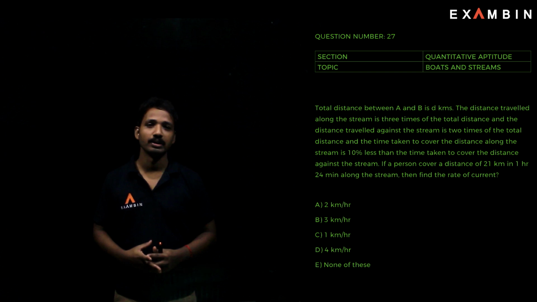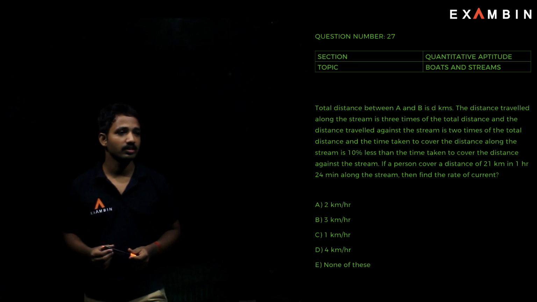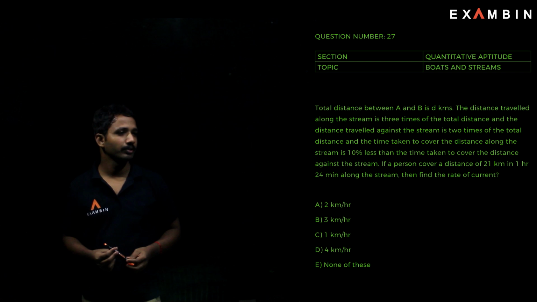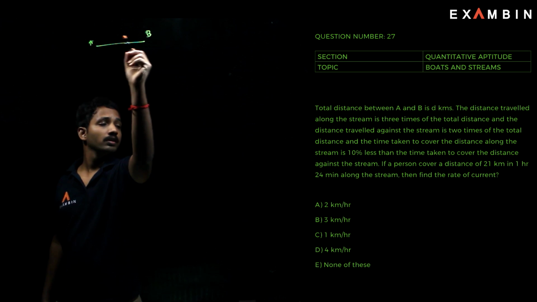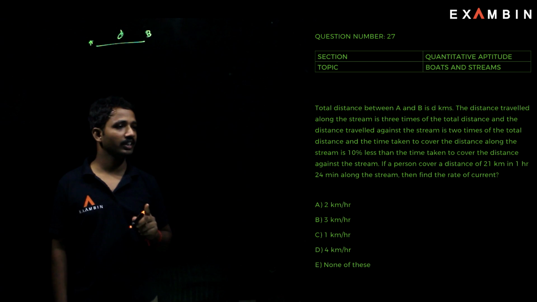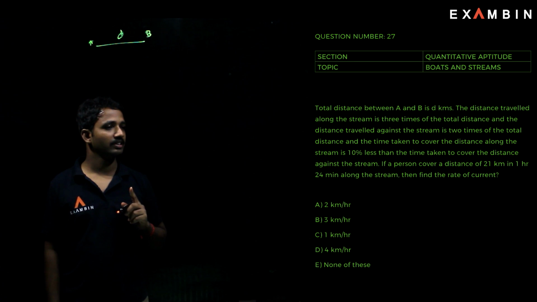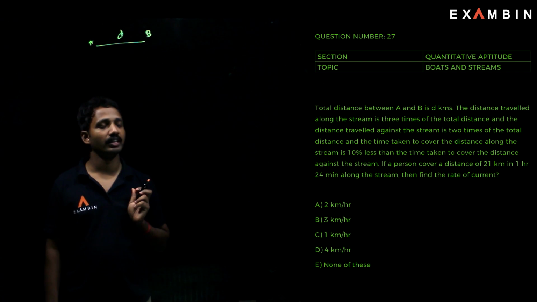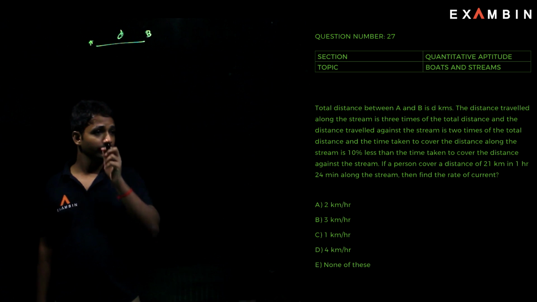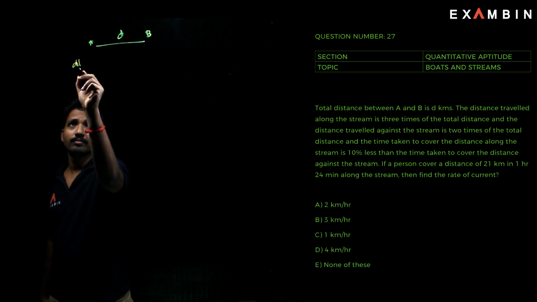Now we will see a problem based on boats and streams. The question is, total distance between A and B is d kilometers and the distance travelled along the stream is 3 times of the total distance, and the distance travelled against the stream is 2 times of the total distance, and the time taken to cover the distance along the stream is 10% less than the time taken to cover the distance against the stream. If a person covered a distance of 21 km in 1 hour 24 minutes along the stream, then find the rate of current. Okay, so along the stream,